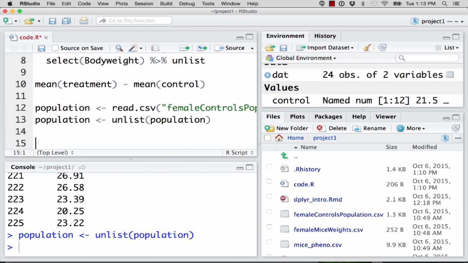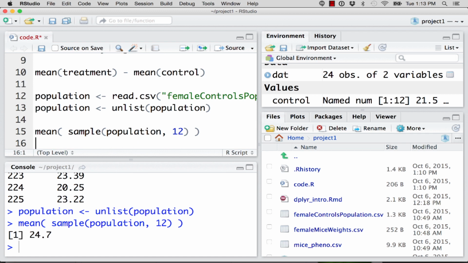Let's see it happen right in front of us. There's a function in R that if you give it a list of numbers, it'll take a random sample of whatever size you want. It's called the sample function. So I can type sample population, comma 12. I'm going to take 12 mice. Now I'm going to get a set of 12 different control mice. All right, so if I compute the mean of those 12,